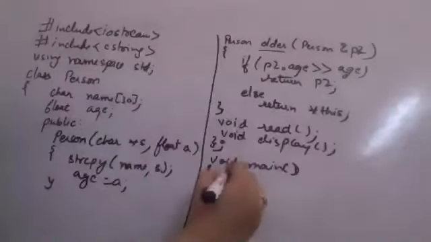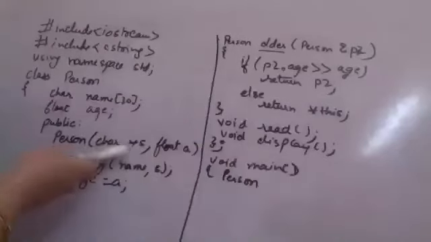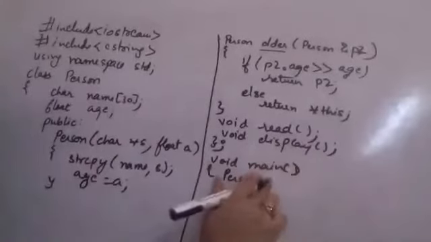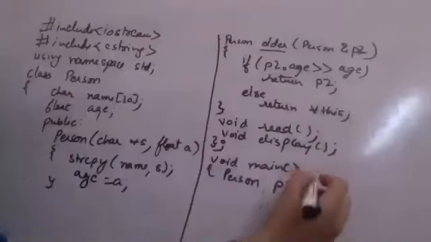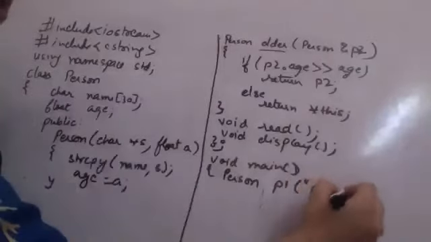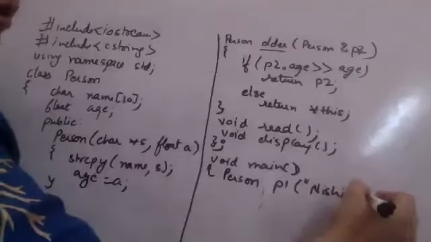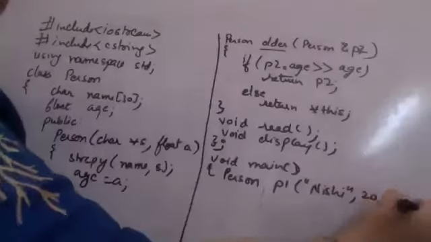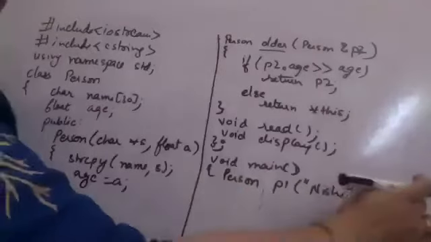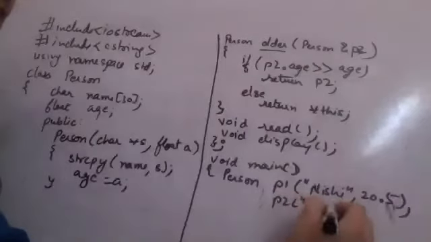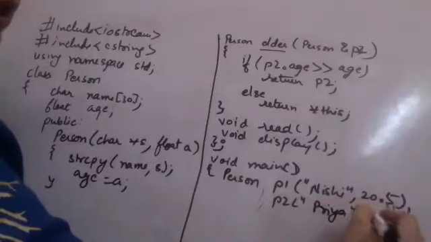So I'm creating person, and I have a constructor where I can pass the name and the age directly. So supposedly I am creating person 1 with some name. I am not aware of your ages here, but I am taking the names from you as they are coming on my screen. So Nishi, I don't know the age, assuming say 20. You can even mention 20.5 or whatever, since it's float. Then I am creating another person, P2, and the next name is Priya, and say suppose the age is 18.9.